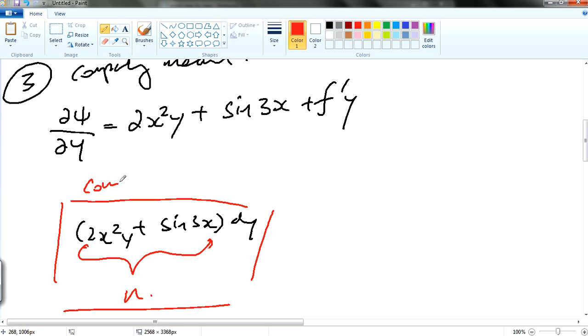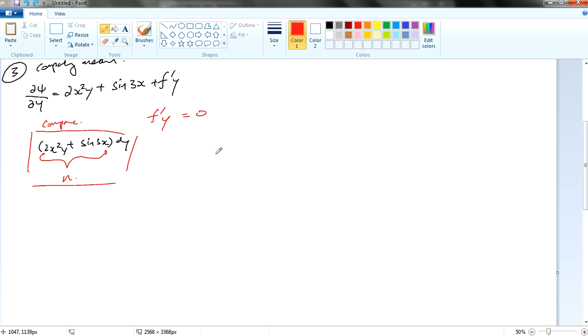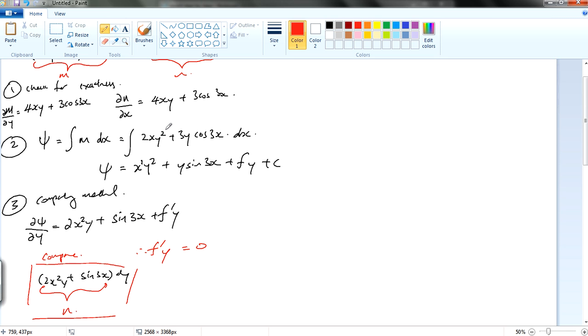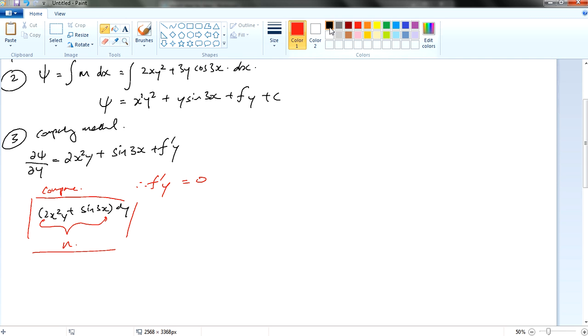Now if you were to compare x squared y plus 3x sine 3x plus function of y, you realize that the function f prime 1 is actually equal to 0, because there's nothing. If let's say you have some plus 3, then definitely f prime 1 equals 3, and then you can solve for whatever function. But now you can see that there is no extra function, so therefore f prime 1 is equal to 0, and we can conclude that our final equation is